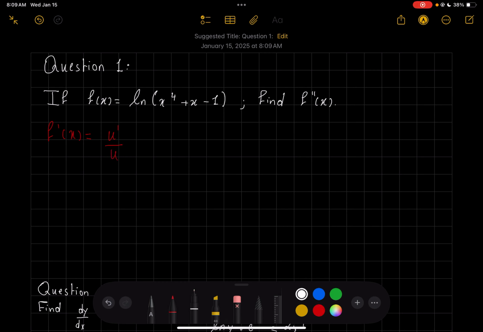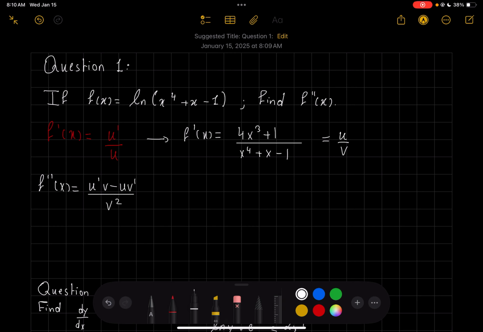So that means that f prime of x is going to be 4x to the power of 3 plus 1 over x to the power of 4 plus x minus 1. So this is going to be my first derivative. Now the second derivative is going to be according to quotient rule, because this is u over v. So f double prime of x is going to be u prime v minus uv prime over v squared, which is going to be u prime